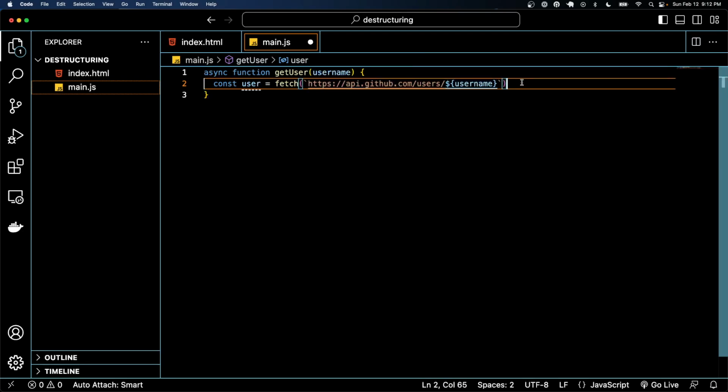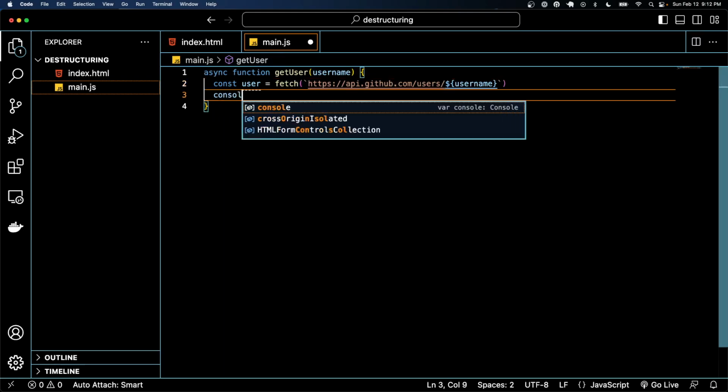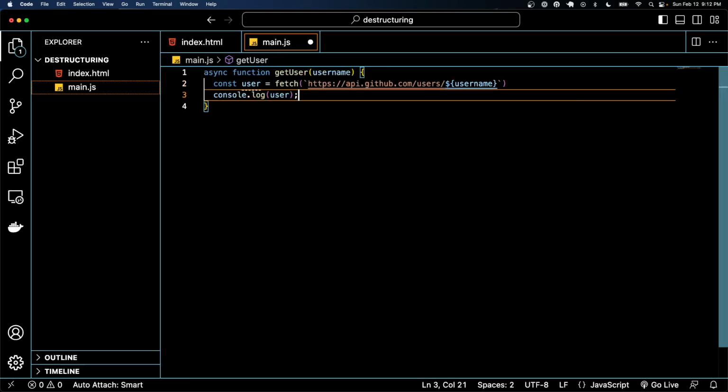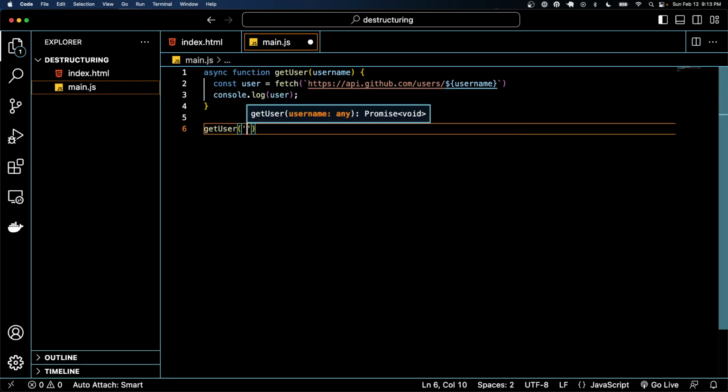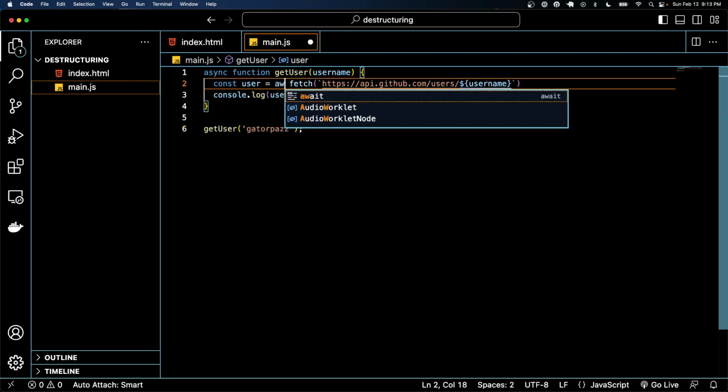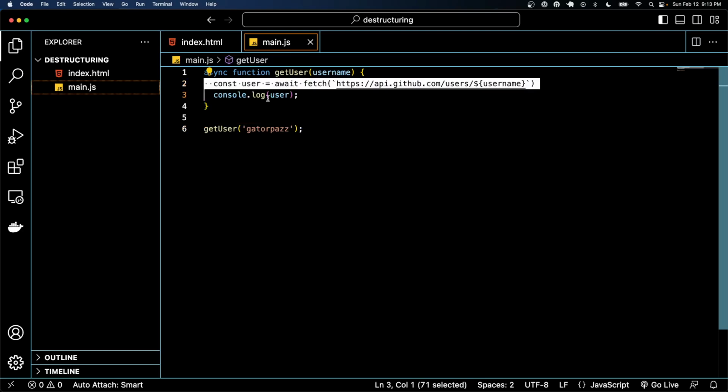Then we're going to console log user. So we've seen this before. It's just an HTTP request with fetch to the GitHub API, and we're going to await the response and log